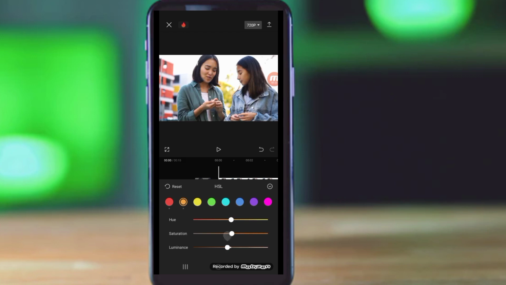You can choose this other color, the color of the clothes they are wearing, and you can work on it. This is what we have initially and this is what we have now. Can you see the difference? I just brightened it now. Can you see the difference? Okay, so this is how to select colors in your video background to enhance them,